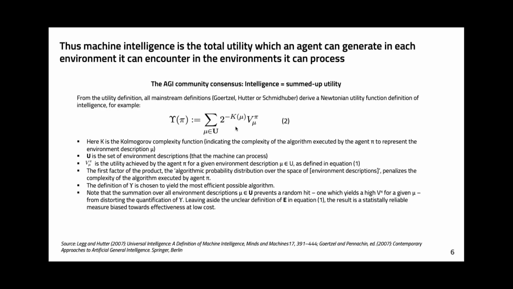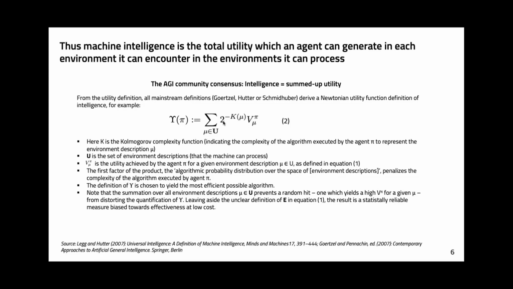So of course, you know this from everyday life. And so this says something similar. It says, if you have a high utility for a given environment, but I needed 1 million steps to achieve it, then I'm less intelligent than somebody who achieved the same utility with a shorter number of steps.